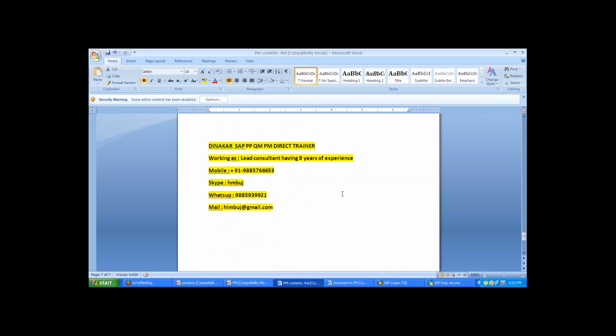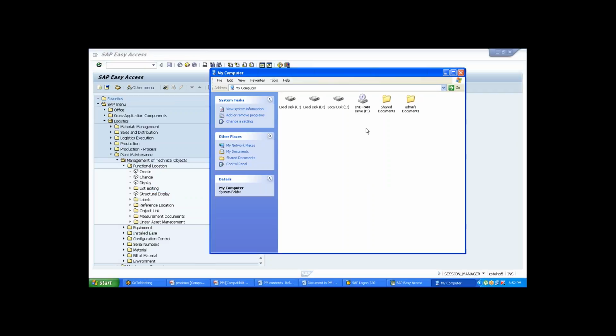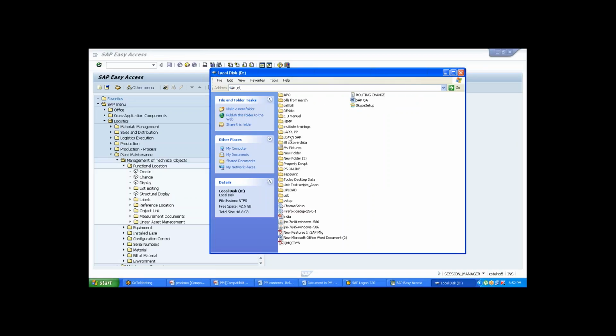and from my side I will be taking the classes, each and every scenario I will run, and I will also follow whether you people are doing it. Before starting the next session I will go through your work and check whether you are following it or not. And for reference purposes, as I told you, I have all the Word documents with screenshots which I will be sharing with you,